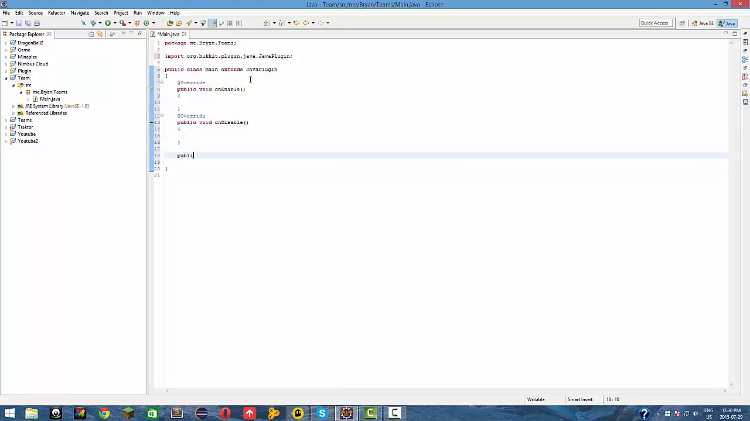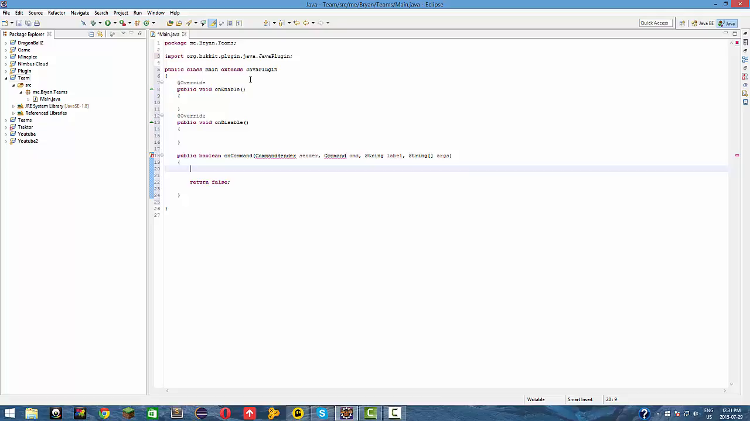So I'm going to make a public boolean onCommand. We should seriously make a template so we don't have to write all this useless crap. Command, String label, String array args, and return false. So our command is going to be